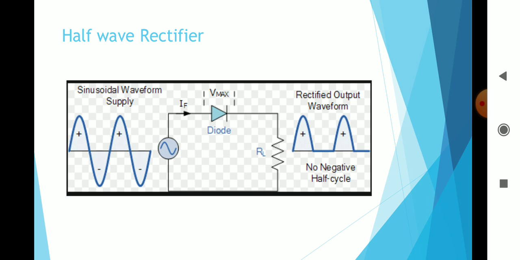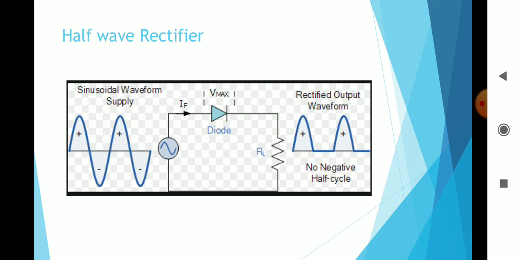What if I wanted a diode to conduct in the negative half cycle only? You can think of it and tell me an answer in the comments: if you want the diode to conduct in the negative half cycle, how would you have placed it? So this is a simple circuitry of half wave. This is how a half wave rectifier works. Mathematically deriving the efficiency and all I'll explain in the second part.